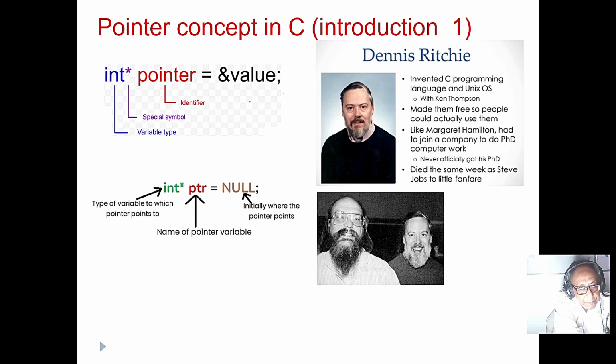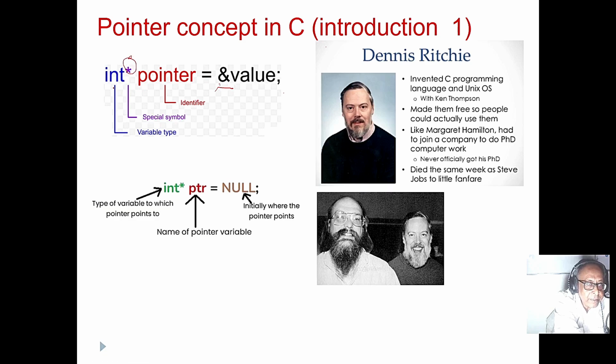If the parameters are actually copied whole, that is very slow; that is call by value. In call by reference you can pass the reference, that is, you can pass the pointer value. The origin of this is the address-of operator, and this is the dereferencing star. And how do you declare a pointer?